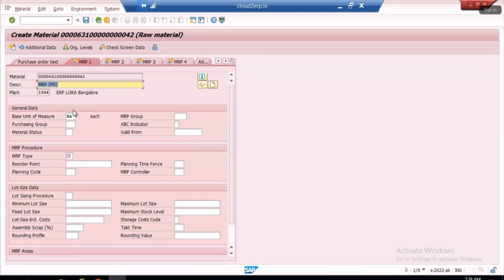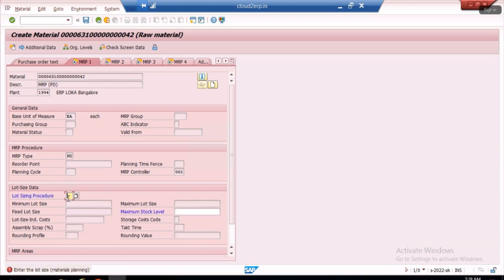Here, some fields are very important. So if you're running a plan independent, then mention the MRP type as PD, okay, and mention the MRP controller 001